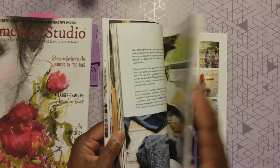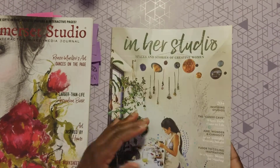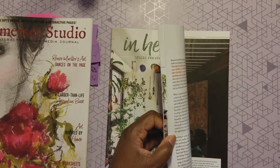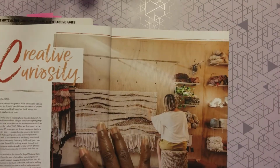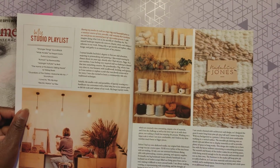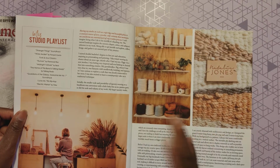Now, let me tell you my rhyme and reason, because y'all know I gotta have a rhyme and reason. I chose the In Her Studio magazines because I felt like they could give me prompts. And what do I mean? In this In Her Studio magazine, there are a lot of questions thrown to the artist, and then the artist replies, such as